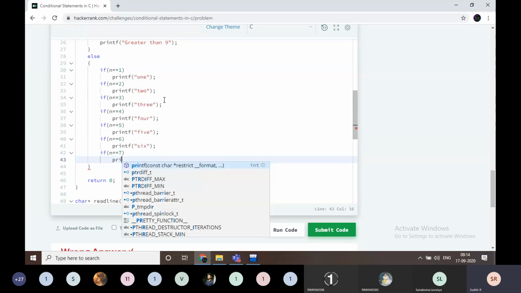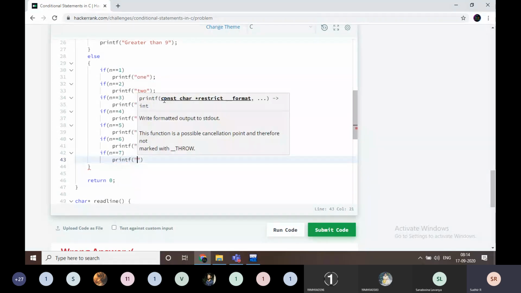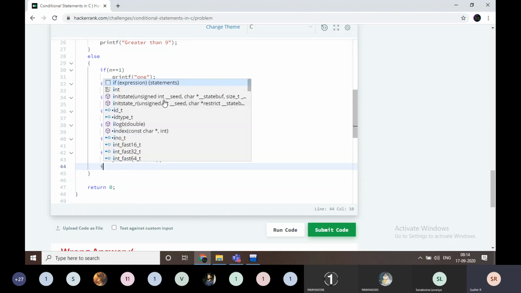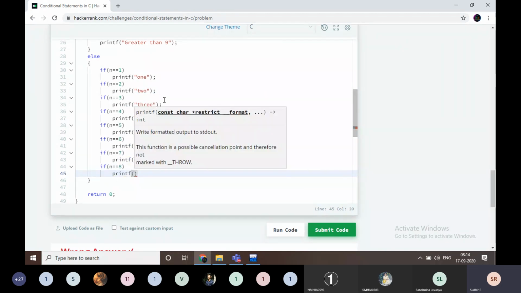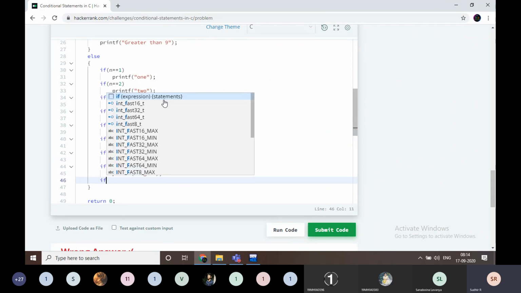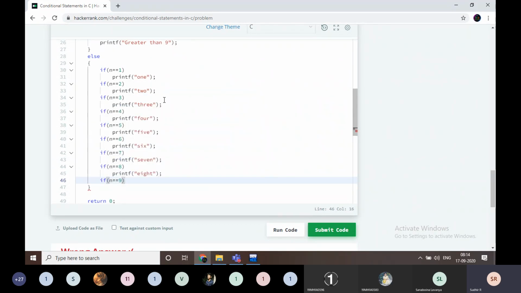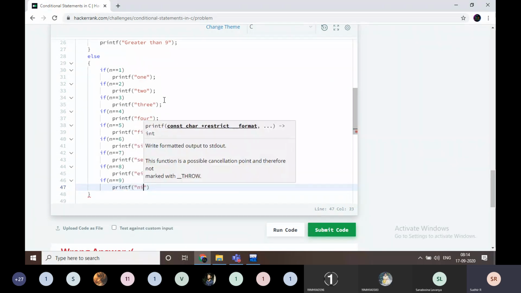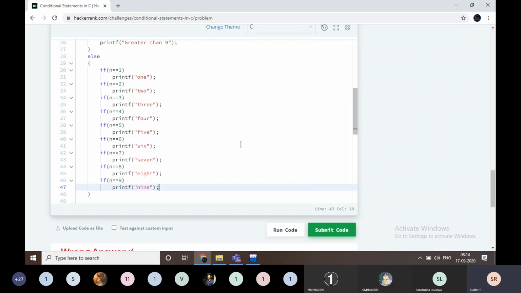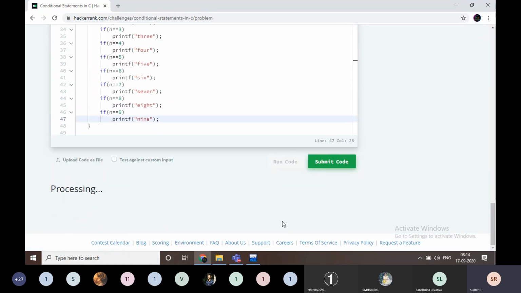I have to write all these things. n is equal to 8. n is equal to 9. For example, I'm going to run the code now.